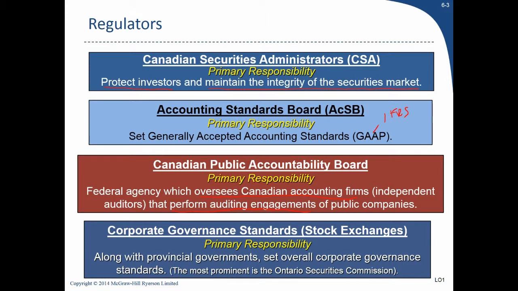So lo and behold, Enron goes bankrupt. This is in the States, so the US equivalent of the Public Accountability Oversight Board looked at Arthur Andersen's records and found that, so actually Arthur Andersen started shredding the records as soon as Enron went bankrupt, because they knew that they were in trouble. So that's the worst possible thing you can do, because the Accountability Oversight Board might not have found anything if you didn't shred the records, but the fact that you shred the records sort of implies you're guilty, right? It's like if in a drug bust you're caught flushing something down the toilet, like what do they expect it is, right? So Arthur Andersen, the entire accounting firm, disappeared overnight